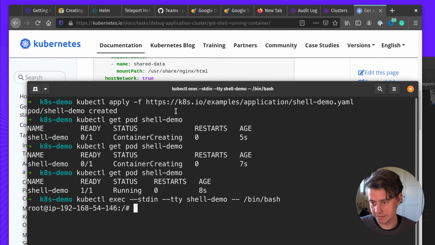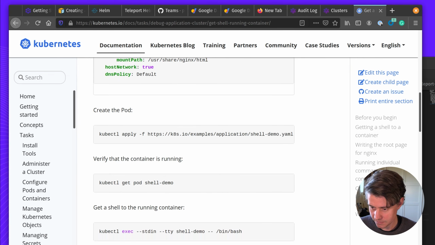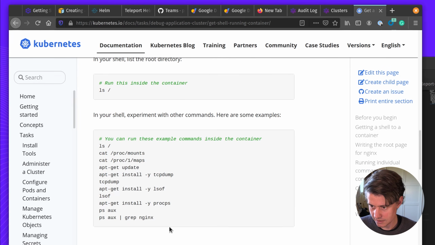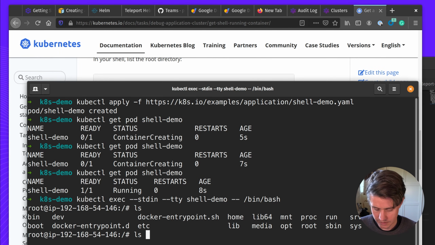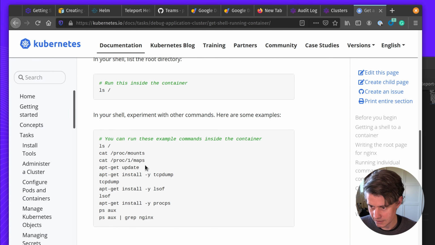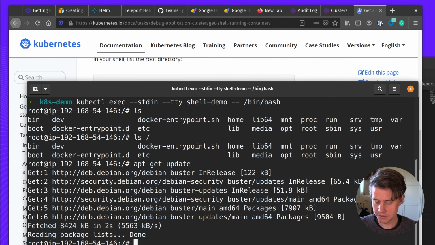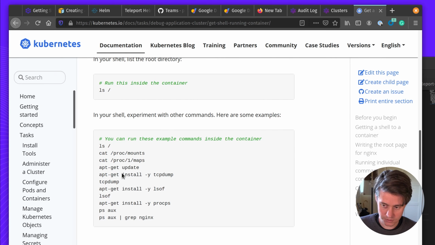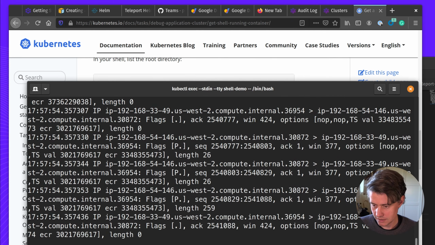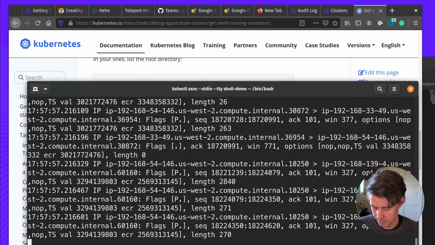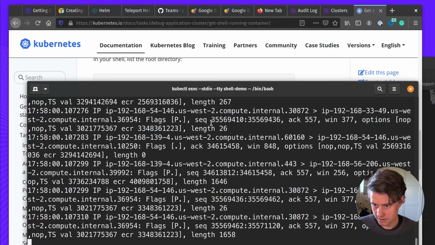And now I have created a shell inside the container. We sometimes hear some of our customers saying kubectl exec is the new sort of SSH. And so here we can see a few things inside this container. We have a few sort of entry points. And let's just run an update so we can create some activity on this host. Taking tools like tcpdump to do some debugging. Okay, and as this is running,